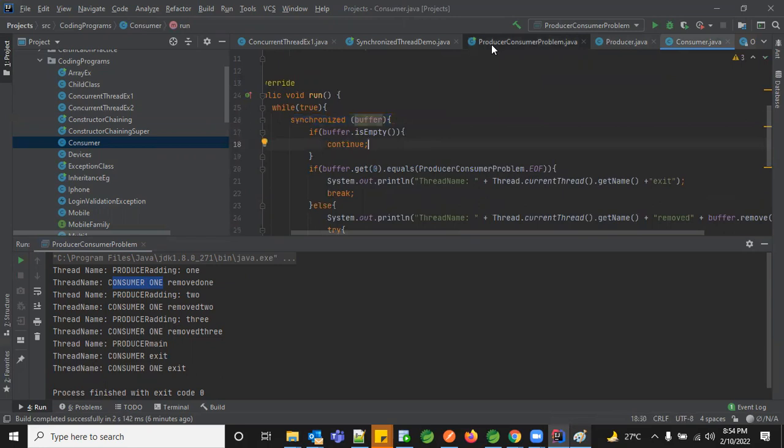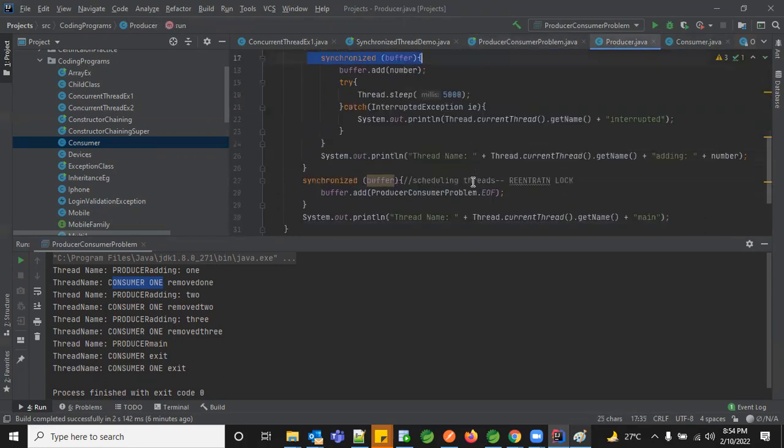In the back end, it will not create any kind of scheduling task for the threads. Whoever comes in, I might give the value, but that is not taken care of by the synchronized block. It can be one thread or a different thread, but I don't know. The synchronized will not take care of that scheduling. To have control on scheduling, like, right now the consumer one has come, you have done your task, just wait for a moment. I'll give control to the other thread. Once that thread works, I'll give control back to you. So you're sharing the work among multiple threads. But that is not happening when you bring the synchronized keyword. The sharing or scheduling part across all the threads in your system is not happening.